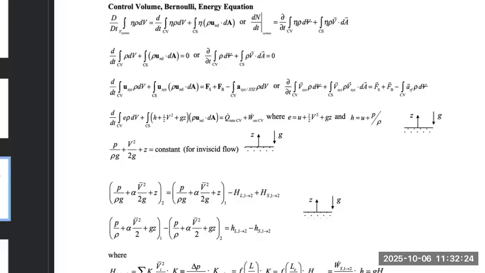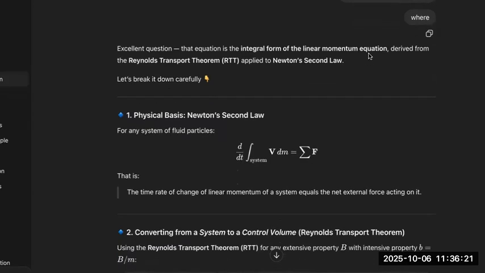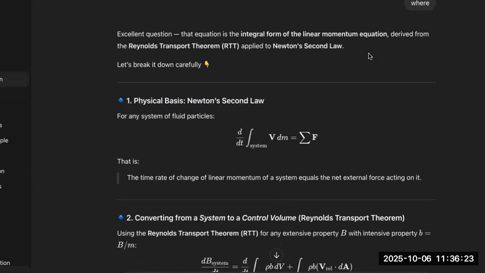So we have our equation sheet here, and basically this is the conservation of linear momentum equation. And let's see what each of these variables mean. So where does this equation come from? So this equation is the integral form of the linear momentum equation derived from the Reynolds transport theorem applied to